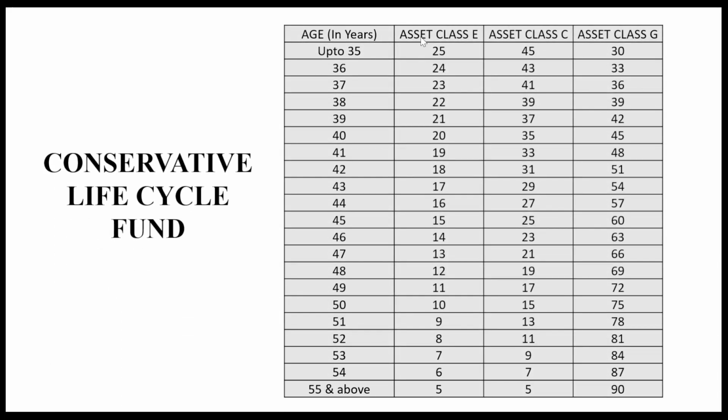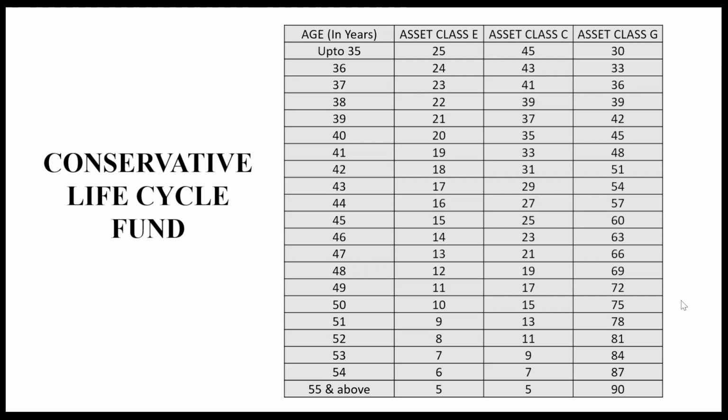Again, in this, 25% of the money is invested into the equity class, 45% into corporate bonds, and 30% into government securities. This is up to 35 years of age. And as you get old, of your corpus only 5% is invested into equity class, 5% into corporate bonds, and 90% into government securities,